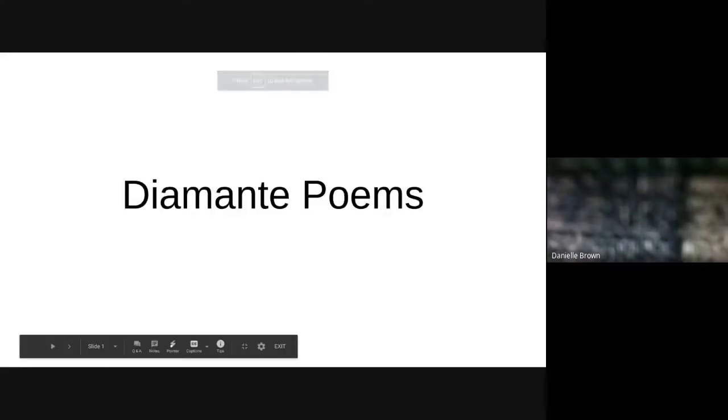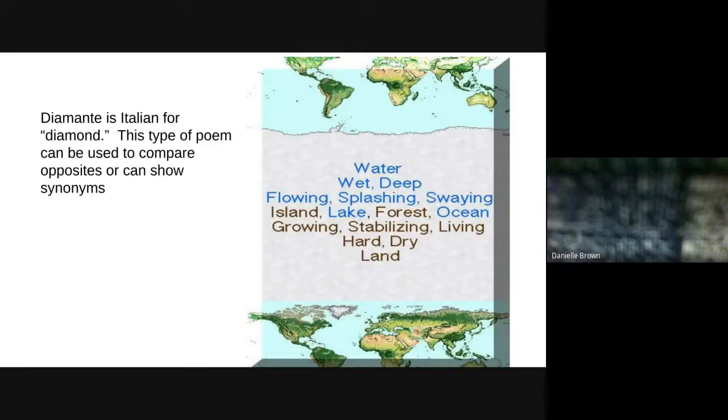All right. Hi, everybody. Your lesson for today is about Diamante Poems. So let's look at what those are, okay? First we'll start by reviewing that we have talked about all sorts of different parts of speech so far. We've talked about nouns, articles, adjectives, and verbs. First graders, you're just getting into the verbs, but this will be great practice for using all of the different types of speech that we've learned so far,